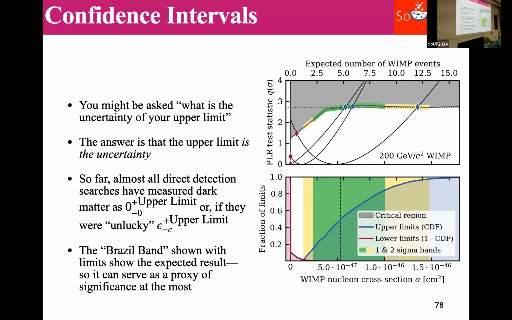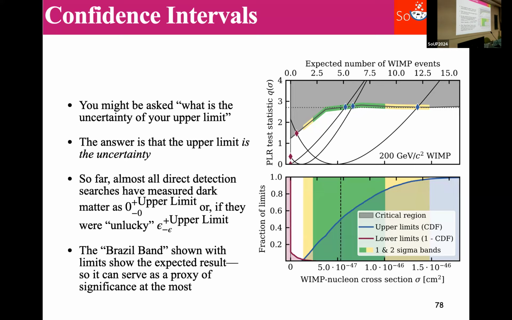And here you will see afterwards in the profile construction that we also have this non-asymptotic result. But the important part is down here. Here you see how these Brazil bands are made. So this is the cumulative distribution of upper limits, given our null hypothesis, and just using toy Monte Carlos (TMCs). So we just redid our experiment on a computer some thousands of times. And we saw how many of these upper limits are below this value or this value or this value.